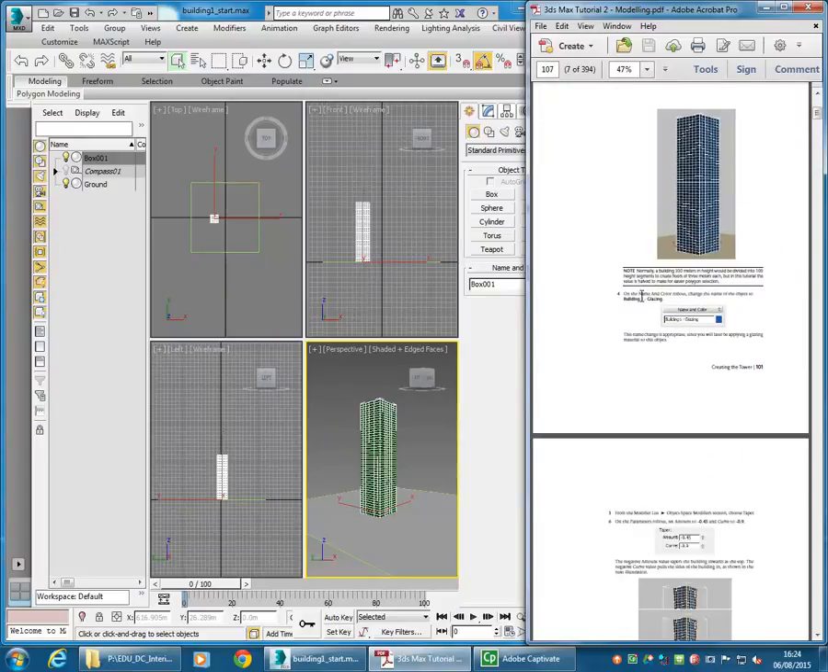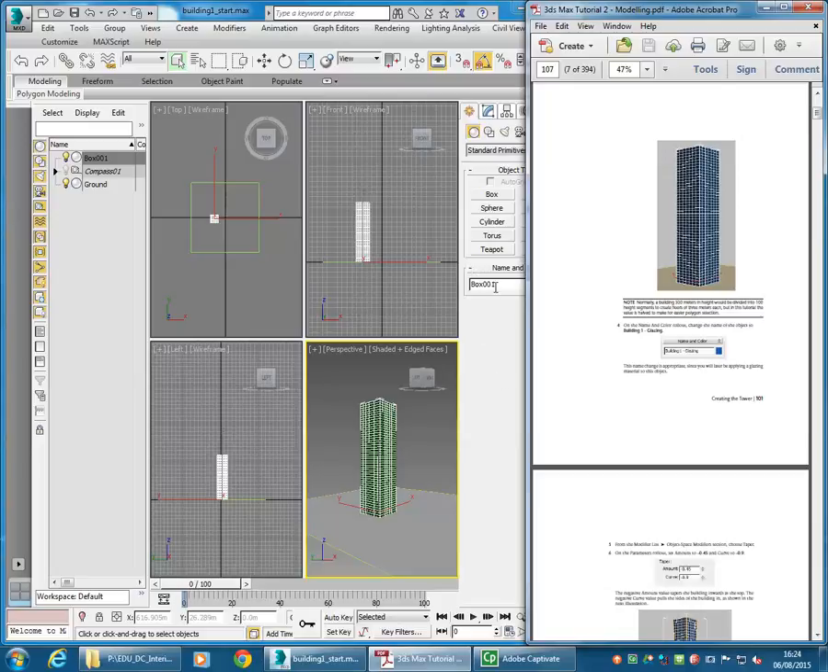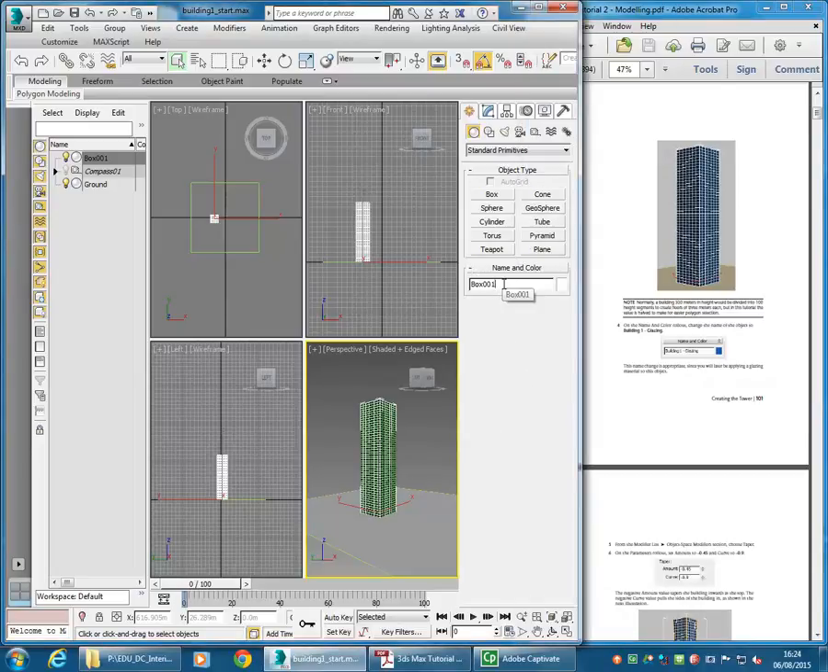Going down to the next section, you can see you need to give this object a name. You can do that on the create panel as well. So I'll call this building 1 glazing,